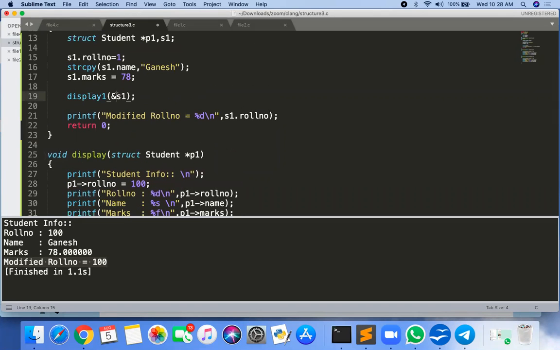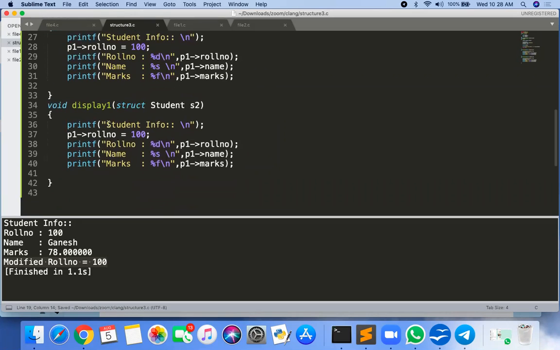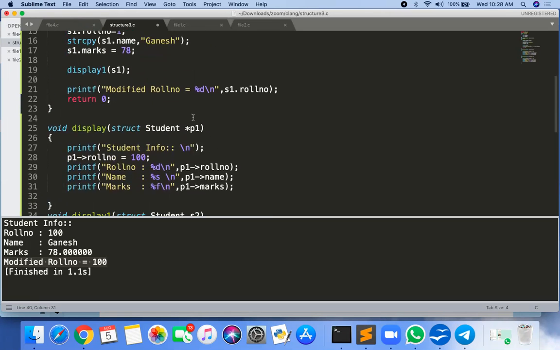So I don't have to pass the address here, only S1. Now student info, and since it is an object, you can directly use s2 dot. Because s2 is not a pointer, s2 is an object, so you need to access it using the dot operator, s2 dot.